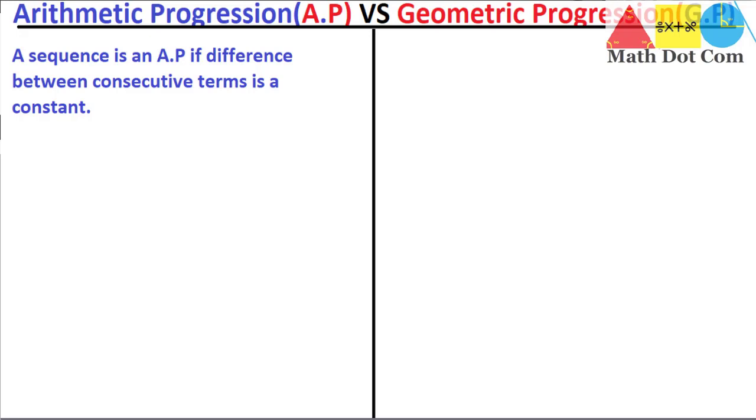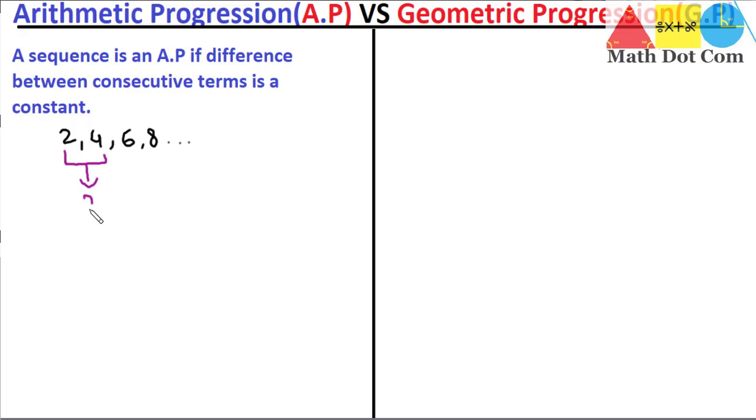Now what does it mean? If we write a sequence, for example 2, 4, 6, 8 and so on, this is a sequence and it will be an arithmetic progression or arithmetic sequence if the difference between the consecutive terms is a constant. Now what does it mean by the difference between the consecutive terms? If I say these two terms are the consecutive terms